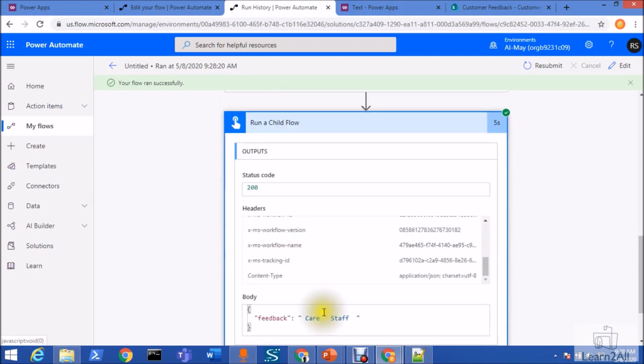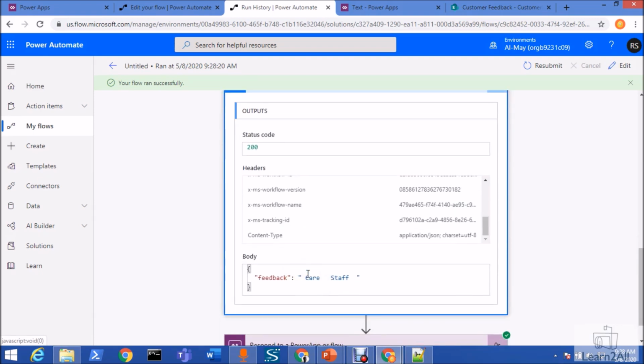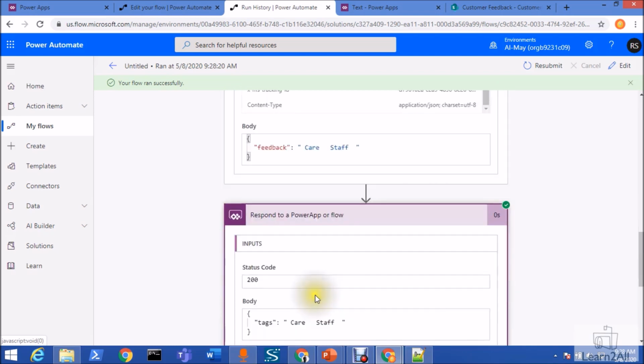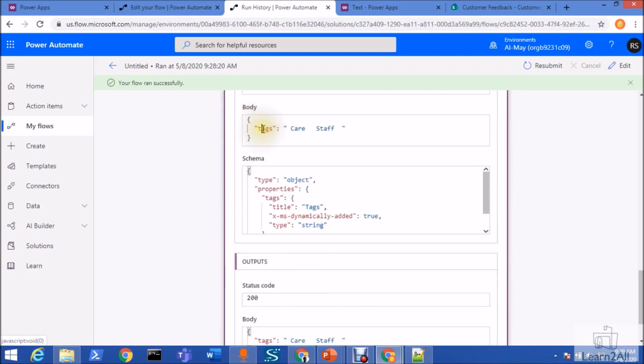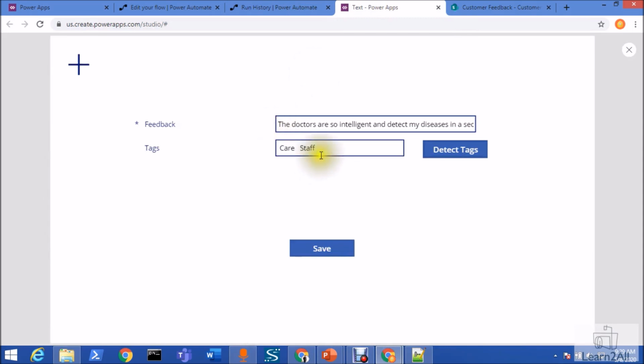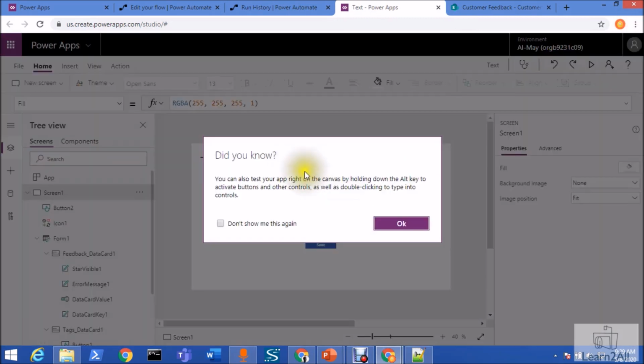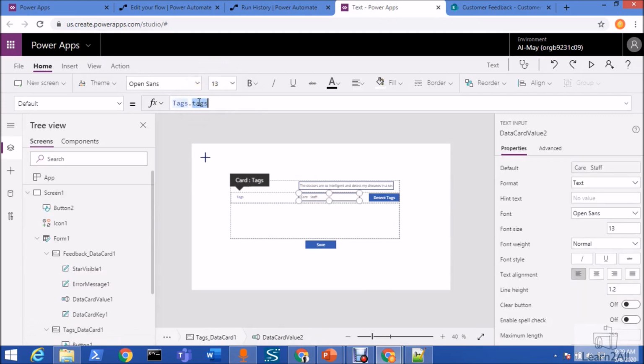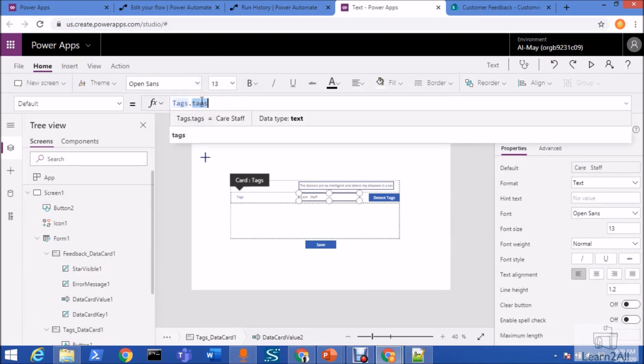It is calling my child flow, and it is returning this output to me, care feedback, and responding to Power Apps. So you can see tags, and inside that, care and staff are there. That's the reason in Power Apps I need to write here as the default value tags dot tags, because you can see that this is a JSON key, so I need to write it here.